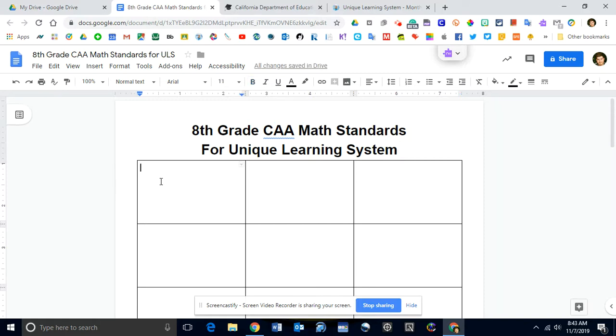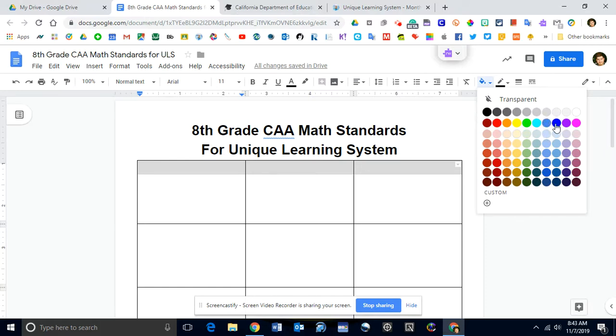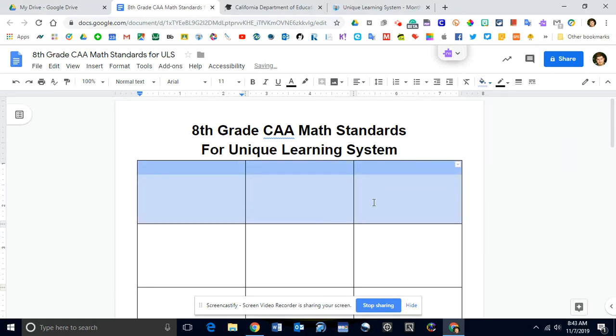Cool. And then the top one here, I'm just going to drag and select all of them. Go over here to this bucket. And I want to fill it in so it's blue. And then I'm going to call this one the domain, core content connector